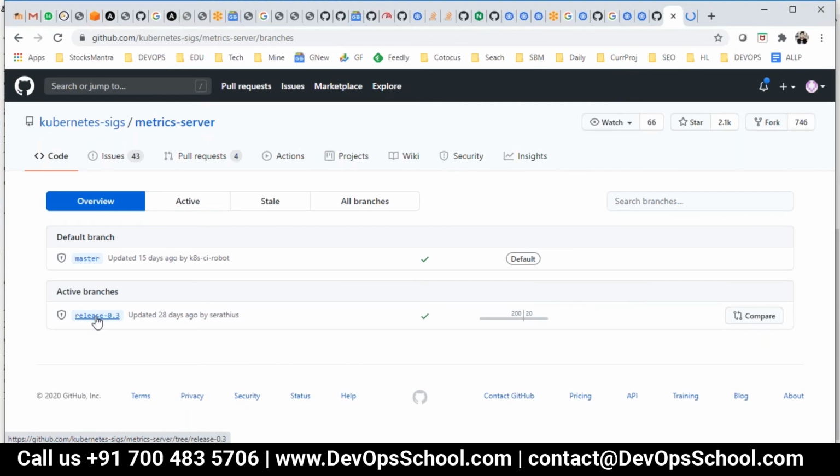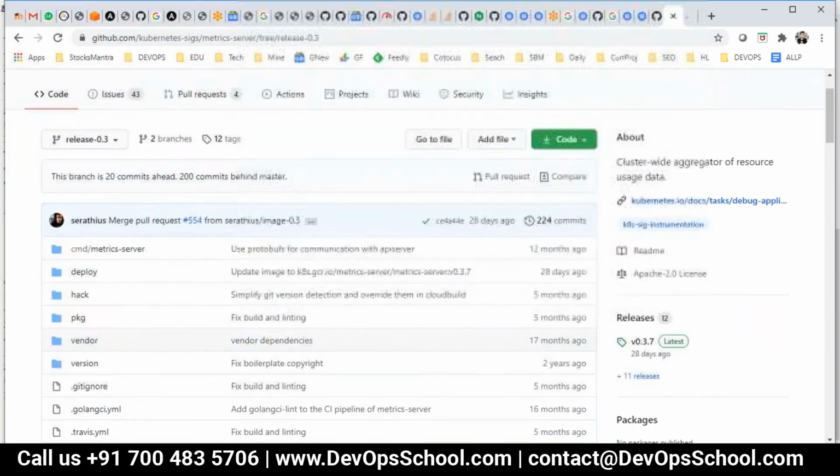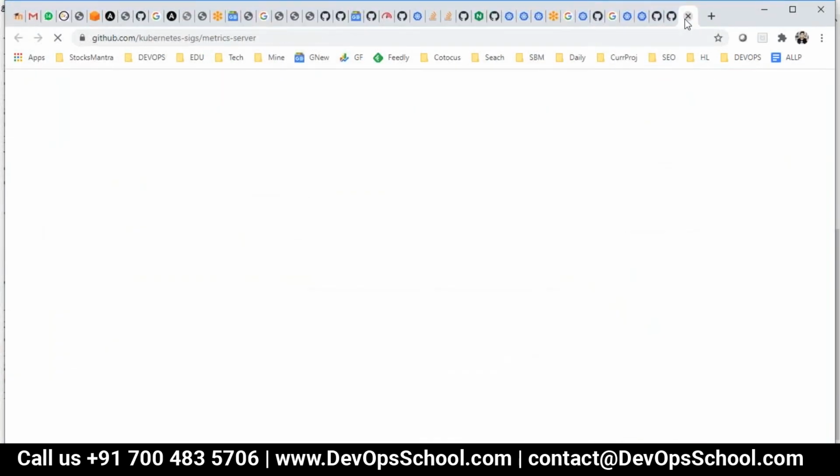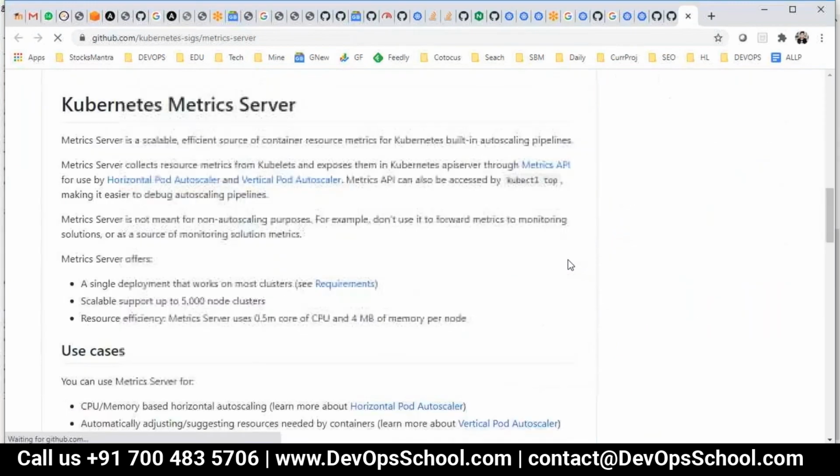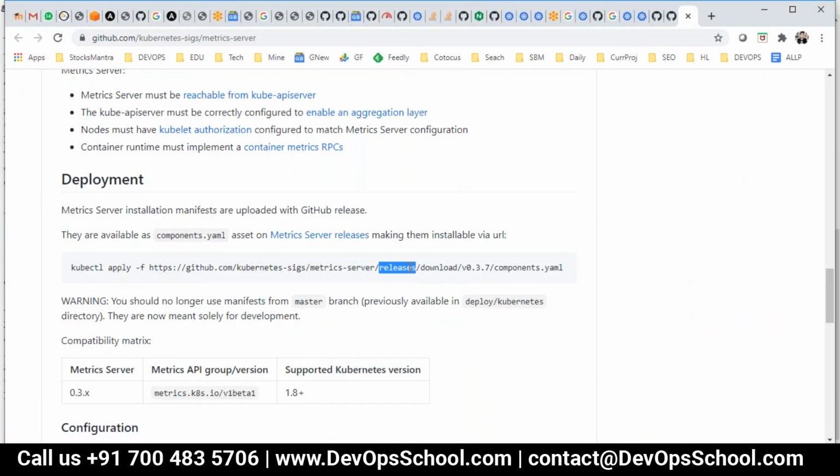So there is one archive branch, active branch, and after that releases. Where is this download?